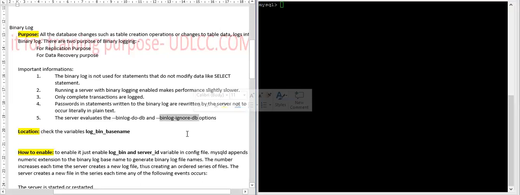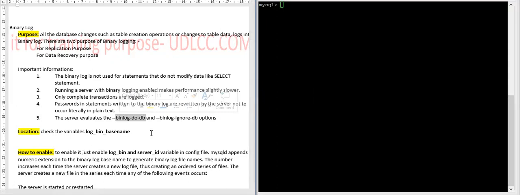In that case, your server will not log any changes related to that database in the binary log. The second one is binlog_do_db. If you have a list of databases that you want to log transactions for, only for those databases, then you can maintain it in the variable binlog_do_db. In that case, only transactions related to those databases will be logged into your binary log.